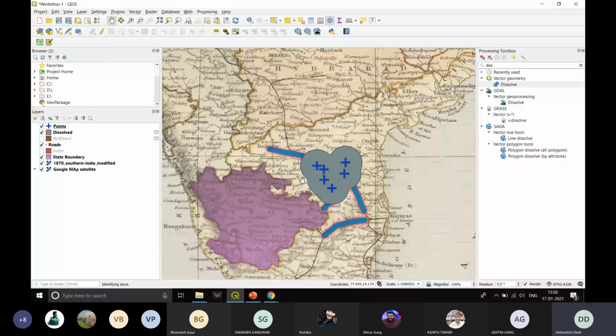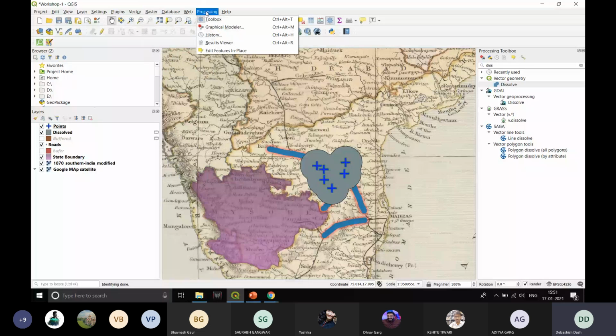How can we put an algorithm or let the computer do all the work for us just by making a single click? So what we can do is plug this entire operation that we did, creating the buffer and then dissolving it, into a model builder. The QGIS interface will create a model out here, and then that model will do all the work for us. We just have to input the distance, that is the value of the buffer which we want, and the layer around which we want to create the buffer. So this brings us to one of the most important topics of discussion today, that is model builder.